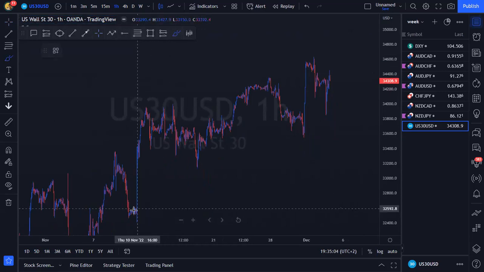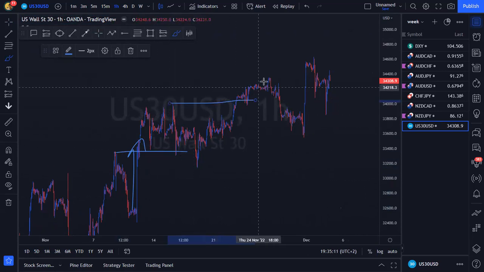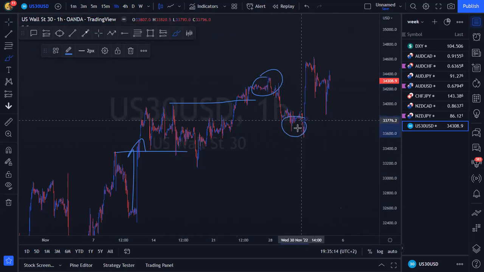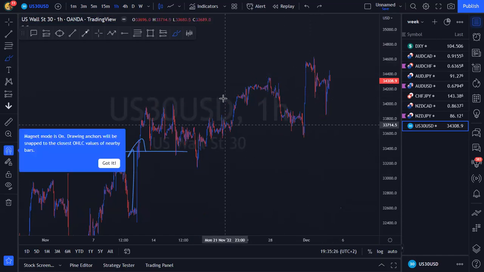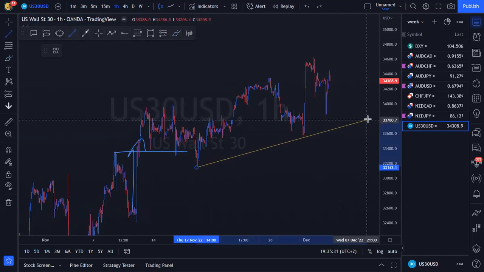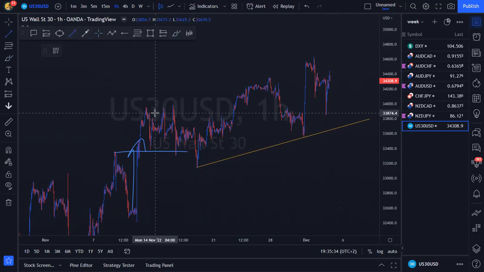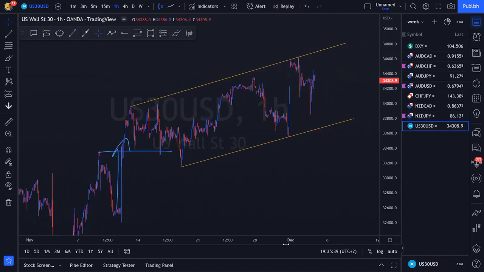Just looking at the structure, we've got momentum. After all of this momentum, we've got a nice break and a retest over here. After this break and retest, at our next resistance, we see price action breaking above and breaking below. So we can see that on a 1 hour, from the time we created this high and this low, price action started being corrective. So I want to look for a corrective structure. Now that we've made sense of the structure on a 1 hour, we can take into account the right most recent highs and lows to make sense of the structure and find areas of probability.